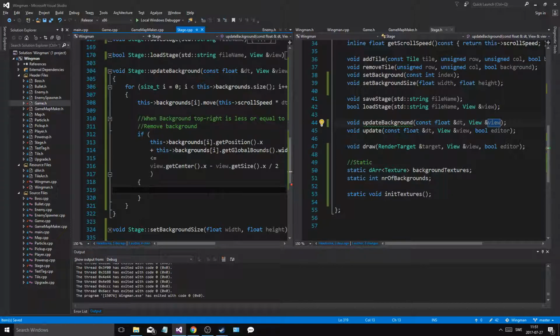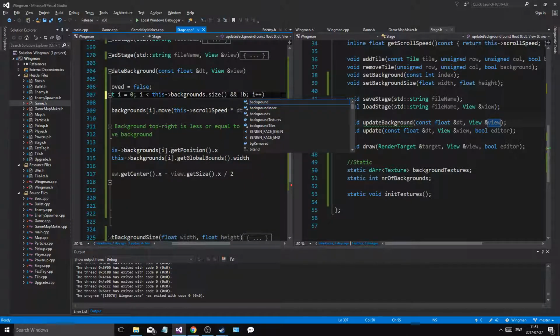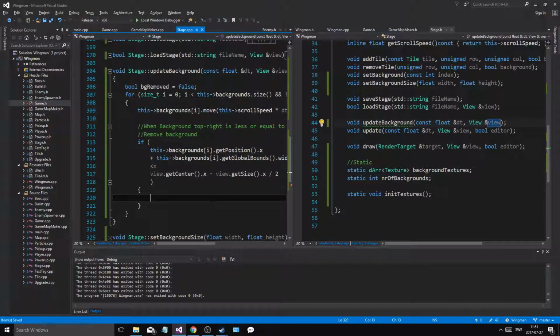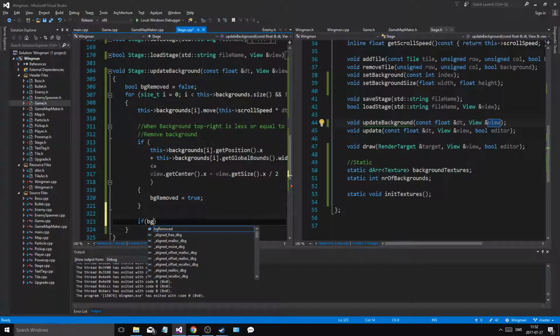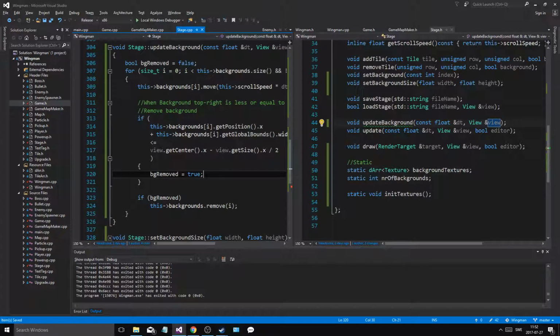Let's make a boolean. bg removed equals false, and then bg removed equals true, and then at the end here, if bg removed, this backgrounds dot remove I. Alright, so everywhere we can remove the bg, but if not,